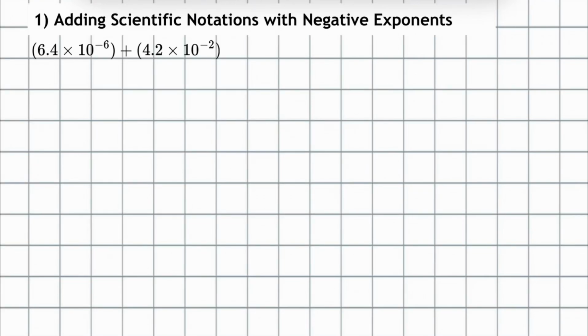Hello everyone, this is Clarix and today we are working with adding scientific notations that contain negative exponents. In this case, we're going to practice two ways of doing this and you're going to choose whatever way works better for you. One method that always works for any negative exponents in scientific notation is using the